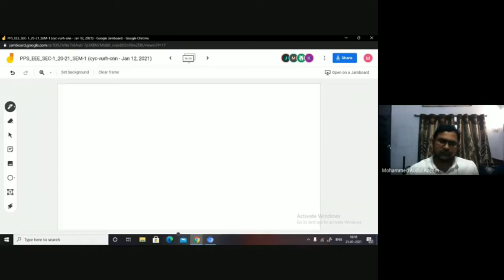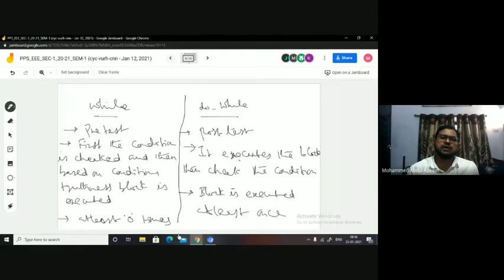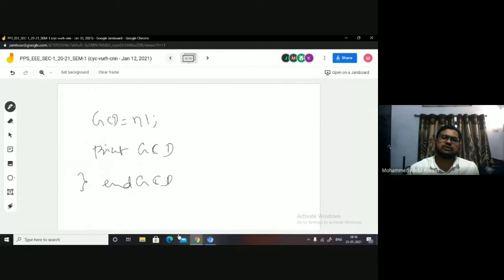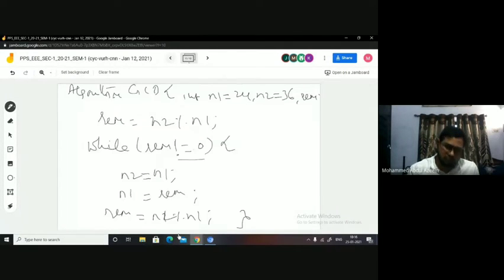Now let us work out one example which we have done using while, again using do while, and see the difference. Okay. Let us take this last example that we have done using while, GCD of 2 numbers, right?